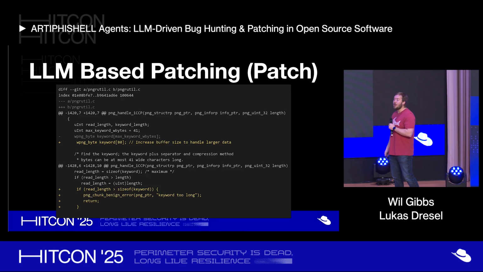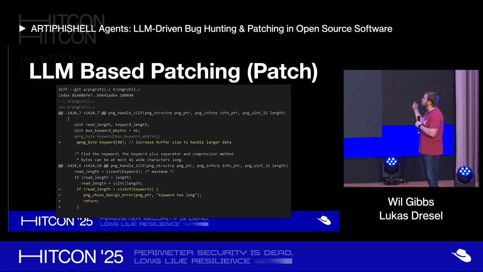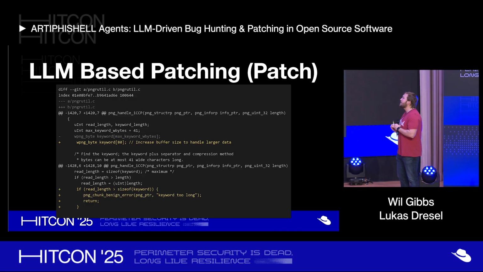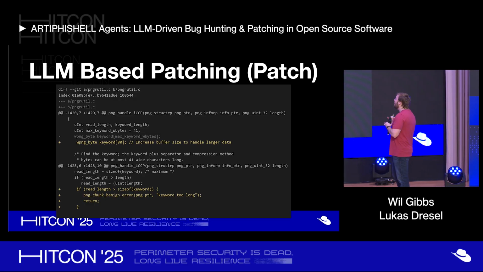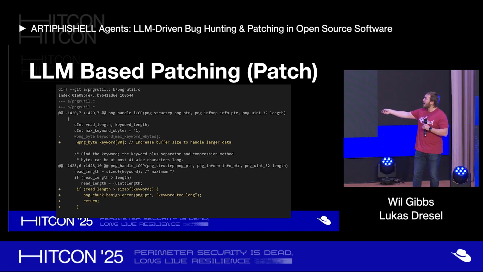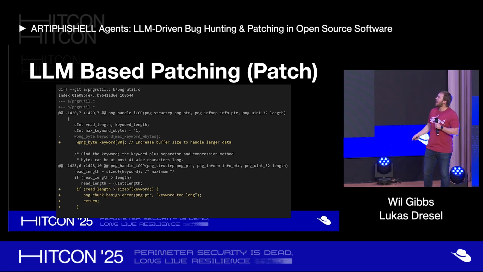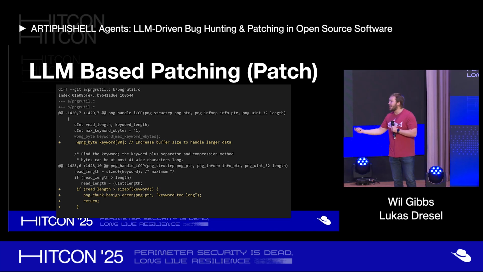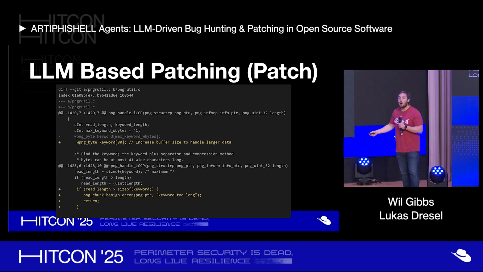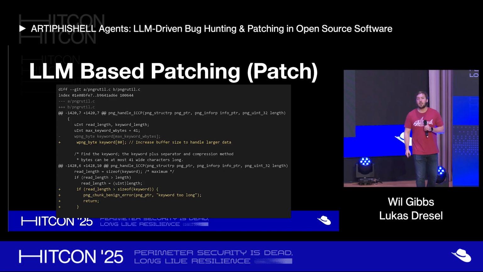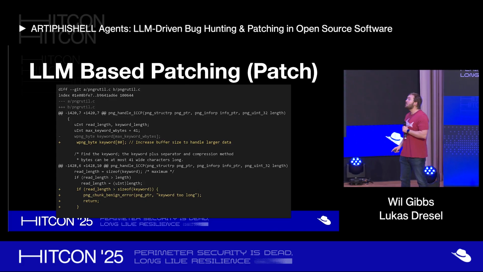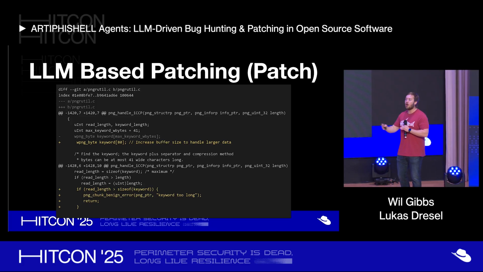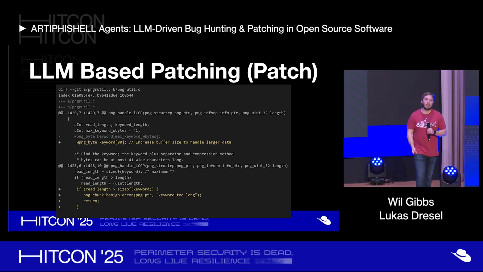So here you can see we wasted some good tokens. We generated a patch using just this information, and while we fixed the crash, while we compiled, while the test case passed, the patch decided to hard code a length of 80 into the buffer and return early with a read length greater than size of keywords. Now, this fixes the initial crash. We no longer crash, but if you have any other type of change, any other maybe lengthening of the input or other data fields, you will see another crash. This is a bad patch.